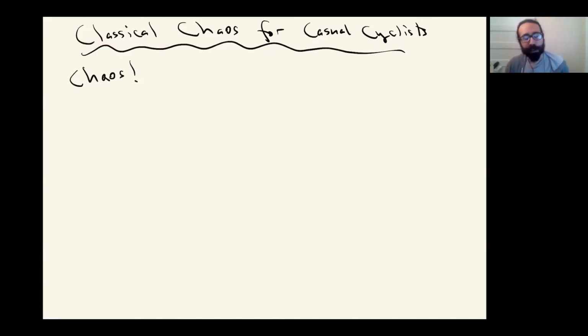I just got finished teaching classical mechanics, so I guess my mind is a little classical these days. But I think the overall framework that I'm going to talk about is not specific necessarily to chaos in a classical mechanics Hamiltonian setting, though that will be the example I'll be focusing on primarily.